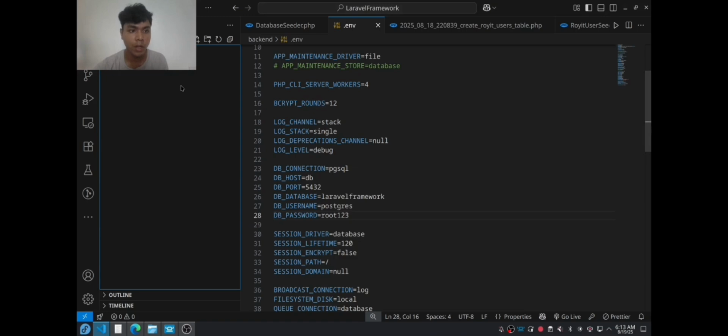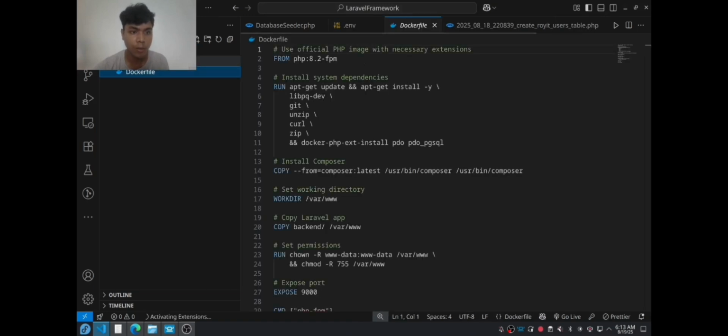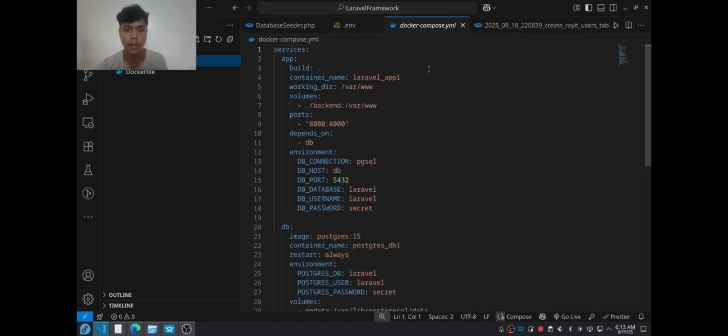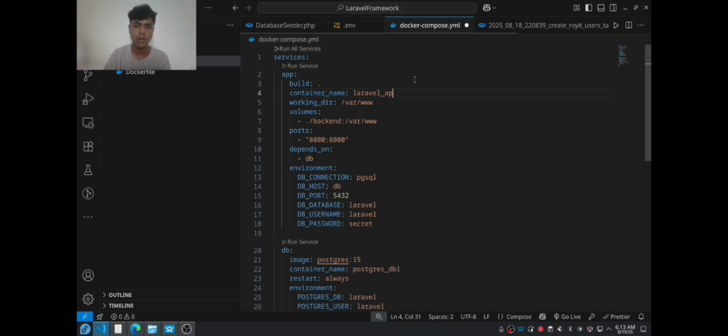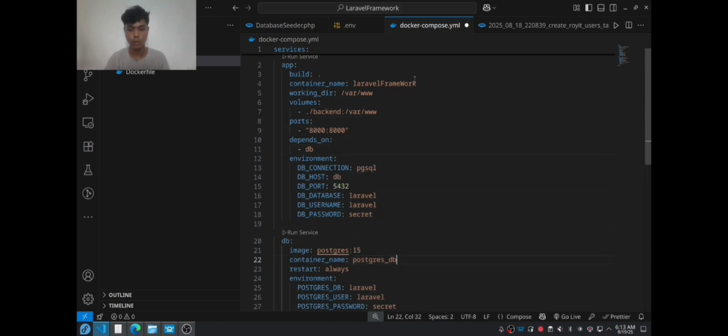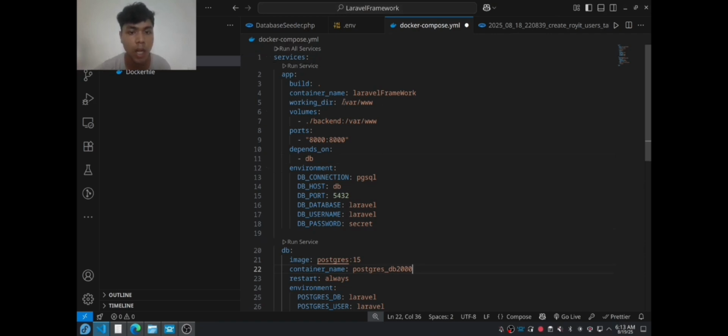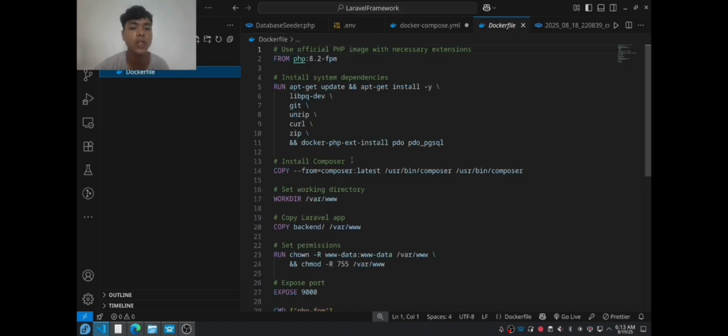I already made a Dockerfile and a Docker Compose, and it will create. It's just edit. So this is the information on how Docker will build it, and this is the thing to install dependencies and run.